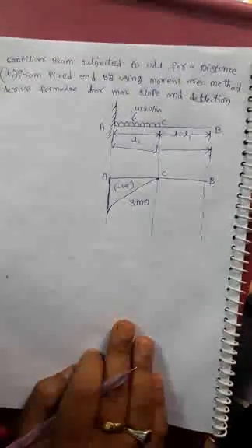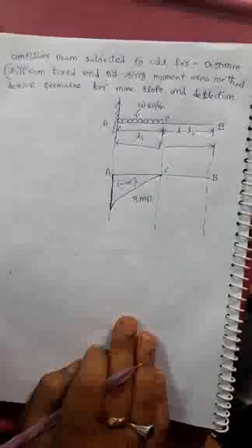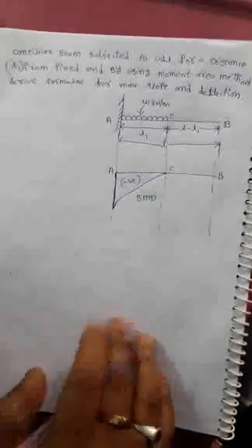I am going to explain a continuation of yesterday's class. Yesterday's class was a cantilever beam carrying a UDL over the entire span. But today's class is the same cantilever beam, carrying a UDL for a portion of the beam only, that is, a portion of the beam from the fixed end.